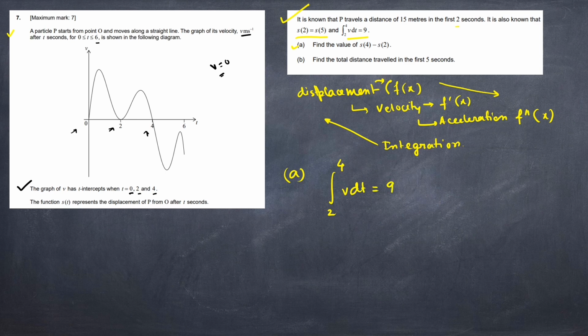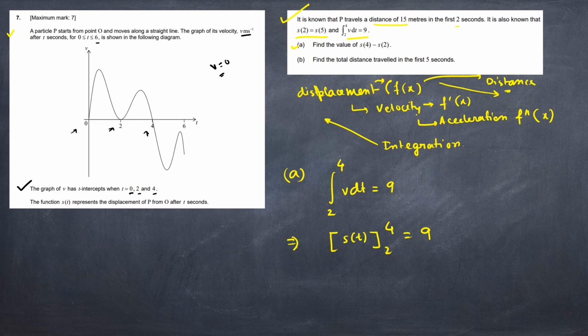Just see this theory. If we integrate velocity we will get the displacement, or the distance also. The displacement we will get from here. Distance is also there, but if we say distance here it will be speed, not velocity. So in this way, no problem there. From here we can write it is from 2 to 4 is equal to 9, and as you know, if we integrate velocity, we will get s(t).